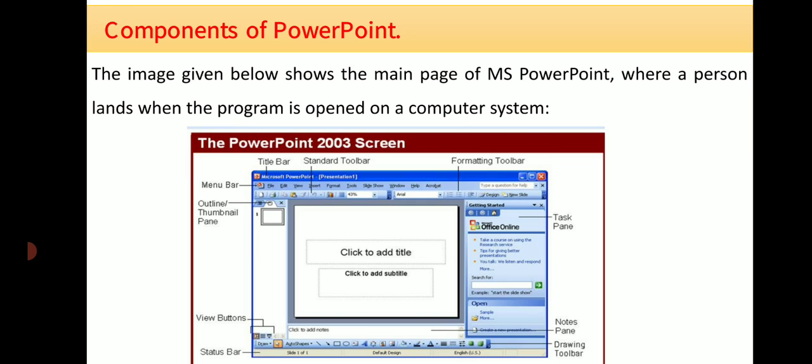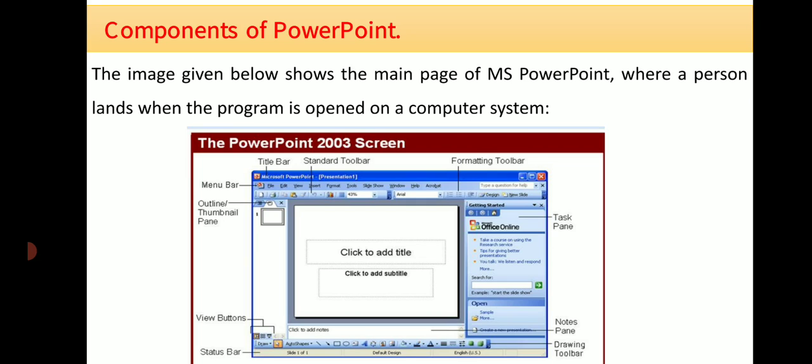This image consists of different components present in the PowerPoint window. The one at the top is the title bar, and below that is the menu bar. Below the menu bar there is the standard toolbar, and on the right side of the standard toolbar there is the formatting toolbar.